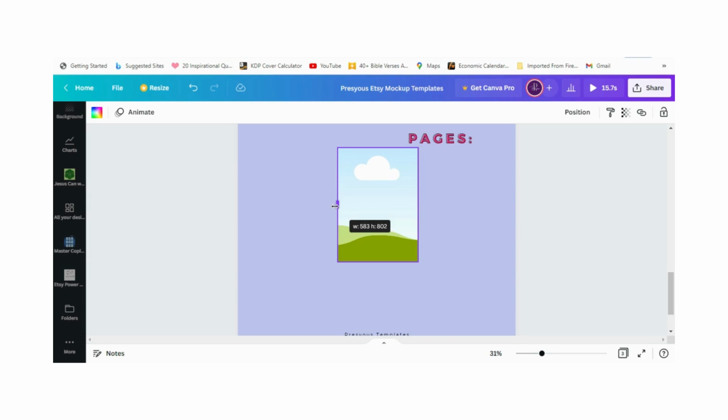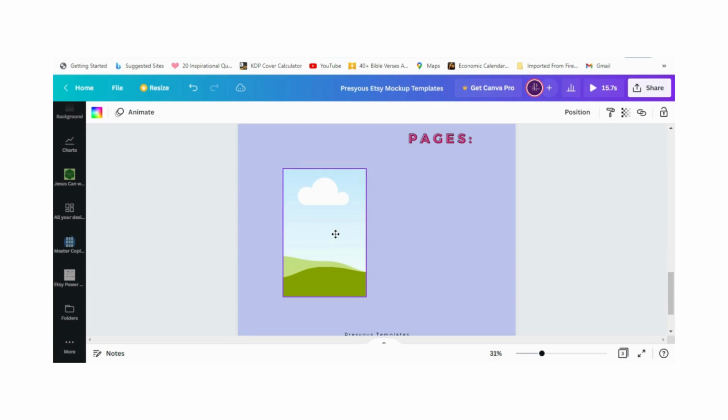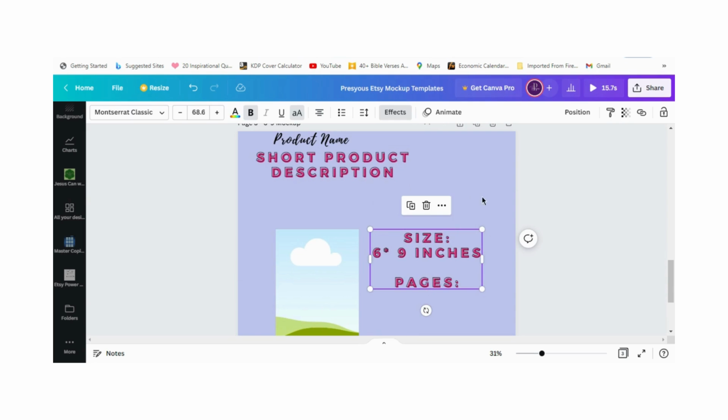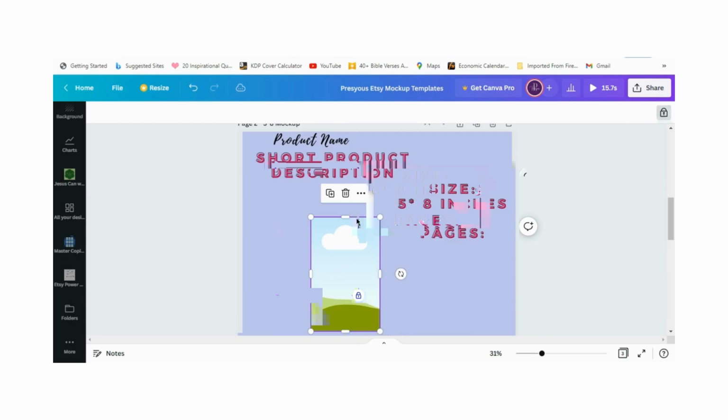I'm going to move this up here because I'll place it once I know what size I want to have that at. Click here to edit this template. This is for my